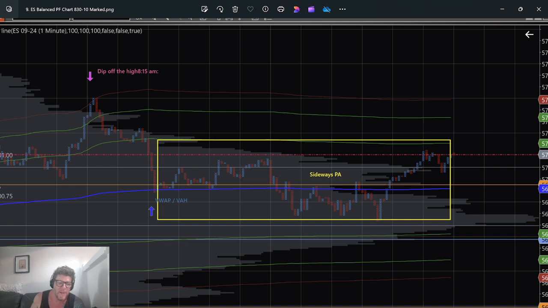Yeah, and I know what this is. So again, going back to this idea of staying out of the horizontal consolidations. I think I marked this as, this could have been a good short, and you could possibly expect this to go back to VWAP into value area high, which is this gold line, which it did. You got this big dip here, and then, so I was showing you from